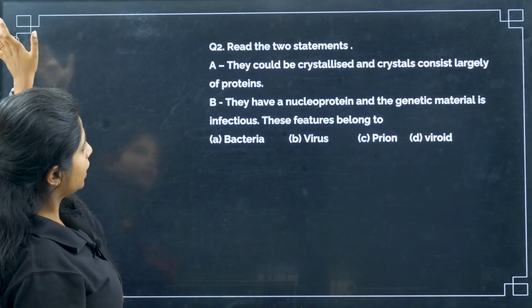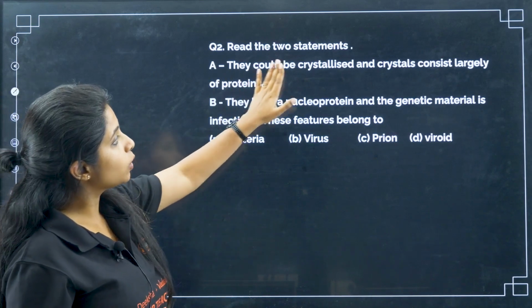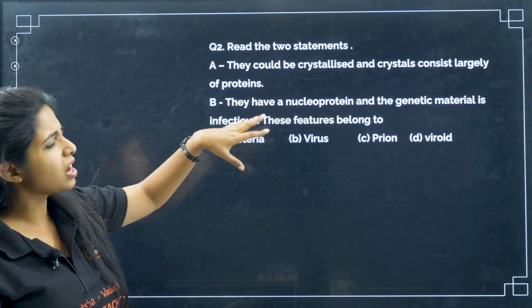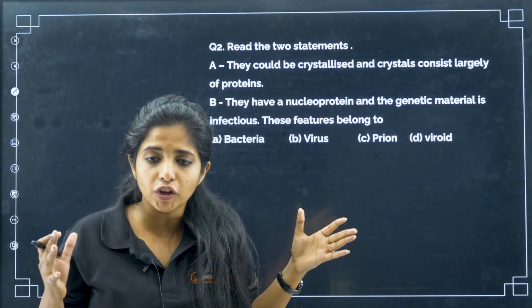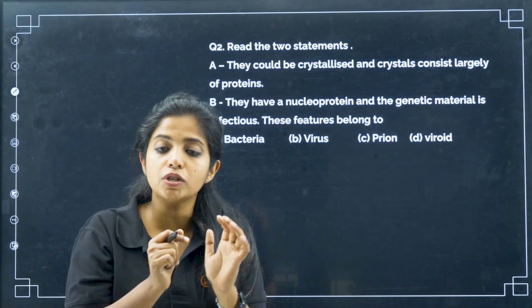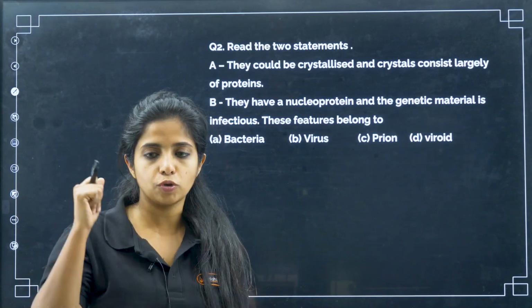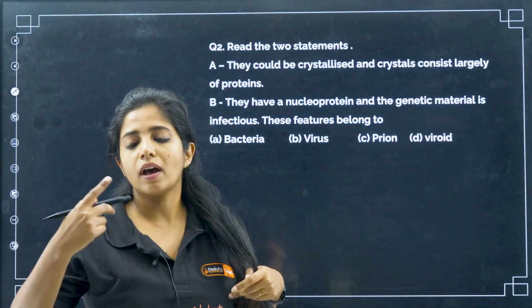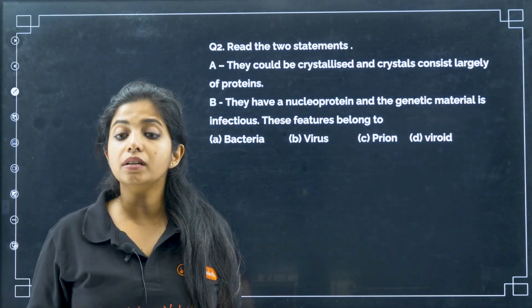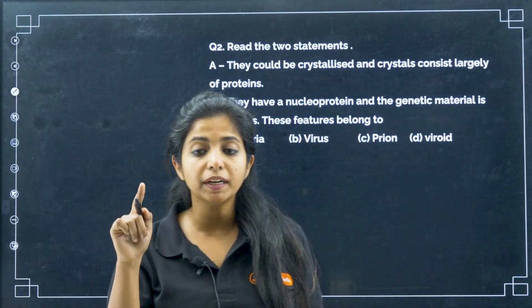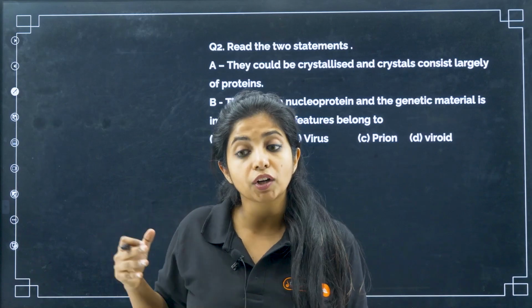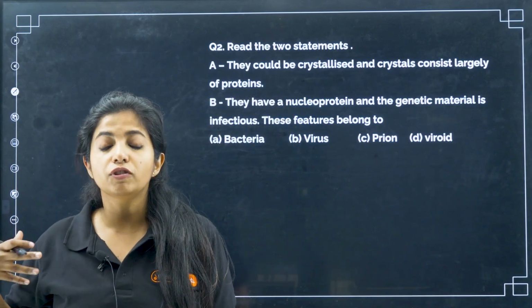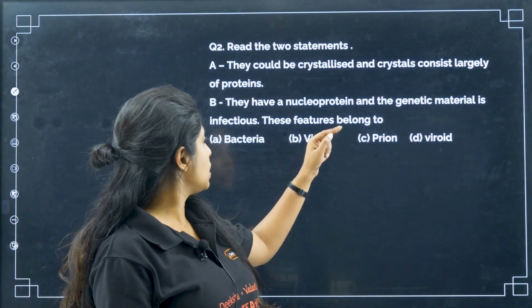So next question, read the 2 statements. They could be crystallized and the crystals consist largely of proteins. Now they have nucleoprotein, as in they have nucleic acid and they also have protein, my dear children. And the genetic material is infectious. It can cause trouble to the other organisms which are affected by it. Now these features belong to bacteria,